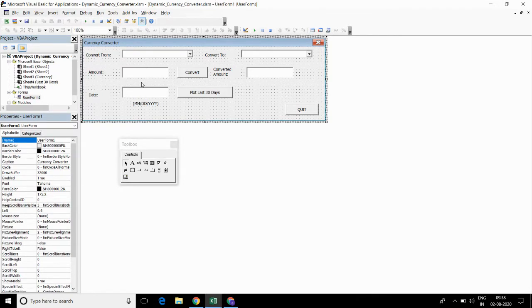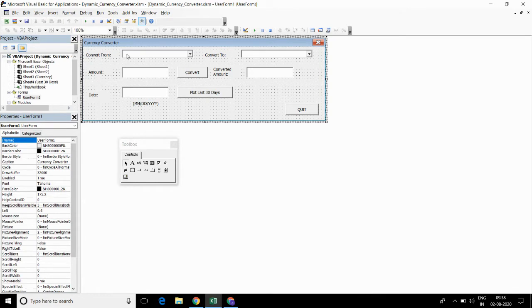The controls that I have used here are all these labels, then two combo boxes, three text boxes and three command buttons. Now I have made changes in the name and caption for these controls. For the user form I have changed the caption to currency converter.